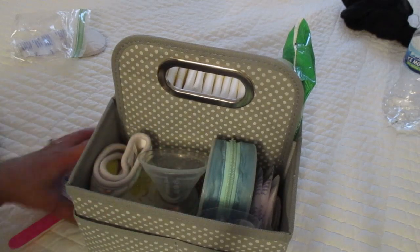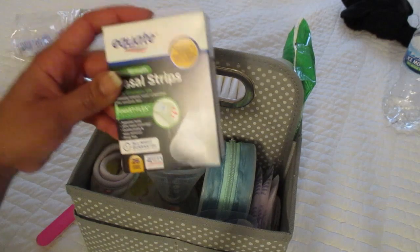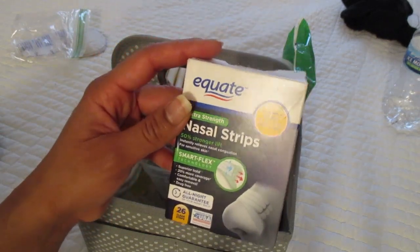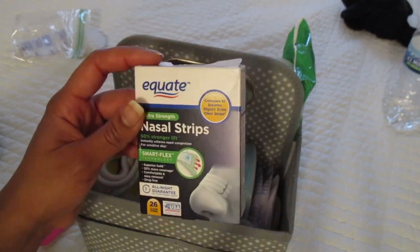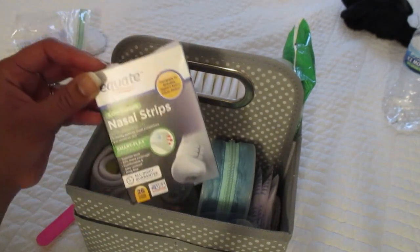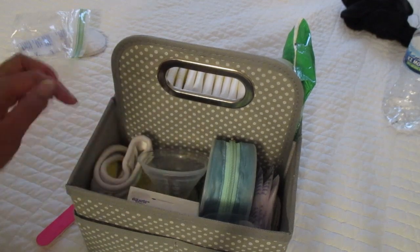For myself, when I was getting bored up here, matter of fact, let's start with this. While I was pregnant, I started snoring. So I still have these just in case I needed them post-pregnancy. So I have those on hand. So far, Ray hasn't said anything about me snoring anymore, so I think I'm in the clear. But just in case,